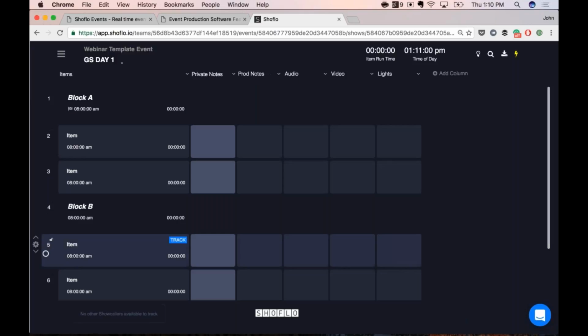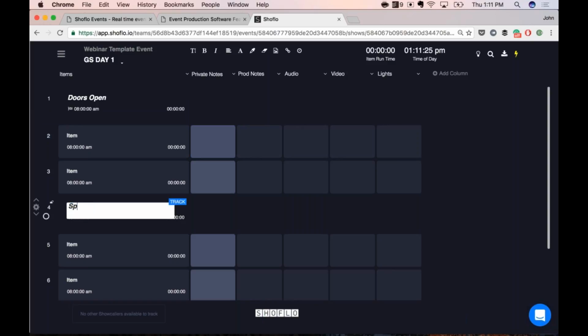And inside of this show, we've got our own, these are just the blank default ones, but let's say we want to build out a structure. This is going to be very high level, so I don't have time to make this very complex, but if this is something like maybe open doors, or we'll call this doors open, and maybe this is speaker 1,